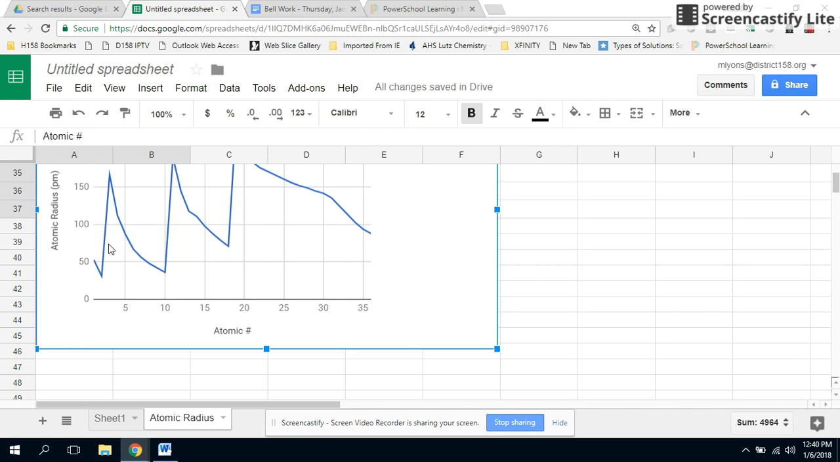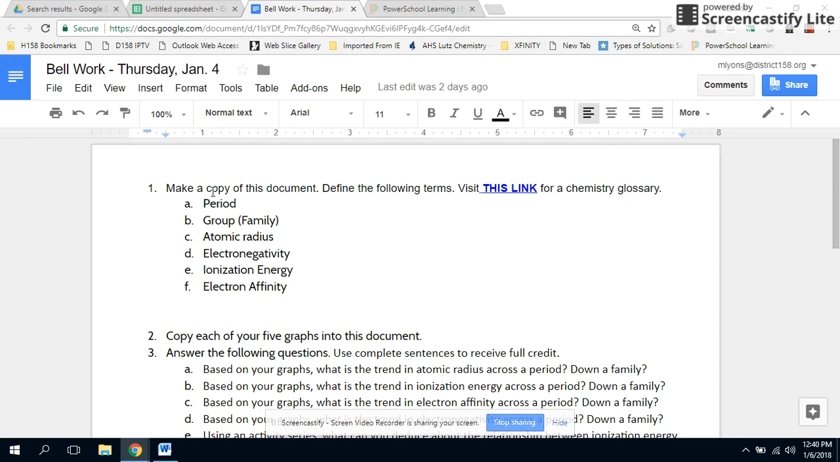So we're not going to leave it right here. What we're going to do is we're going to move it into our Google document. That's the document that we're going to turn in on Haiku. So I'm going to Control C my graph. I'm going to highlight my graph, Control C. Then I'm going to go over to this Bellwork file,